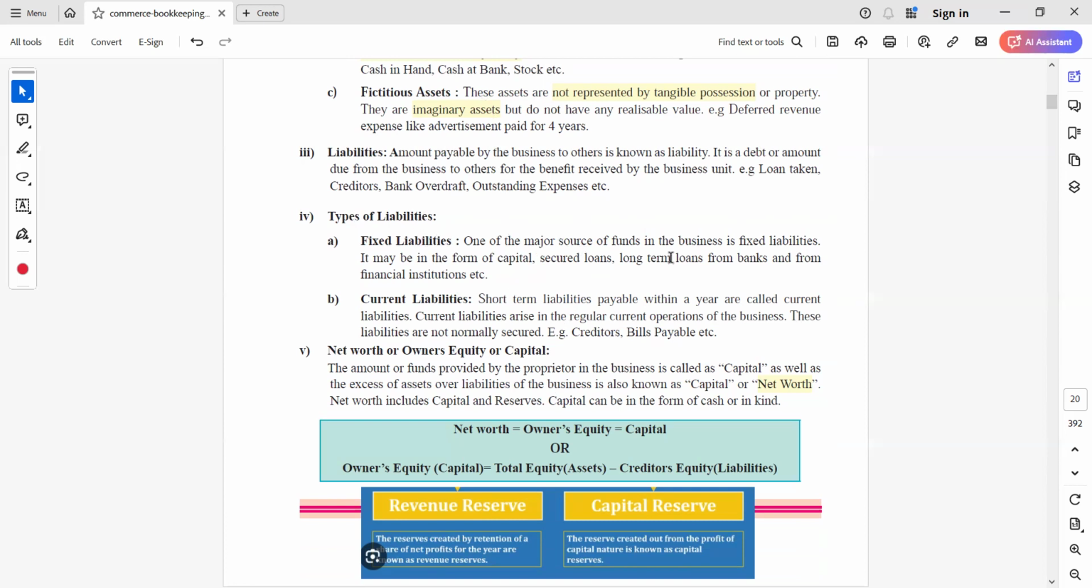फिक्स लाइबिलिटी, one of the major sources of funds in the business is a fixed liability. It may be in the form of capital, secured loans, long term loans from the banks and from the financial institutions। जब आप बिजनेस चलाने के लिए खुद के भी पैसे डालते हो और बाहर से भी पैसे लेते हो, it's very normal, राइट, कि मुझे बिजनेस चलाने के लिए समझो 50 लाख रुपए चाहिए, तो मैं 30 लाख रुपए मेरे खुद के डालता हूँ, 20 लाख रुपए बैंक से लोन लेता हूँ। और उसको फिक्स लाइबिलिटी इसीलिए कहा जाता है क्योंकि वो आप एक साल में नहीं चुकाते।